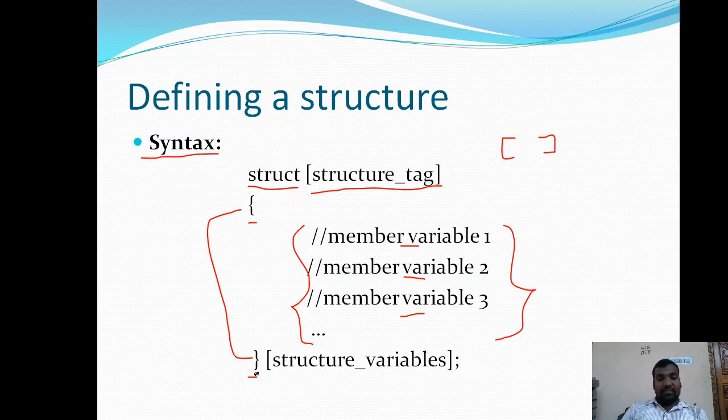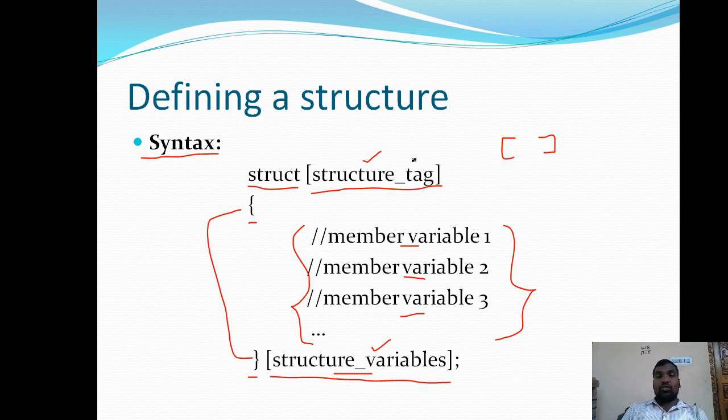After closing the curly brace, we have another option called the structure variable, which is also in square brackets, so it is optional. If you want to define the structure variable, write its name followed by a semicolon.